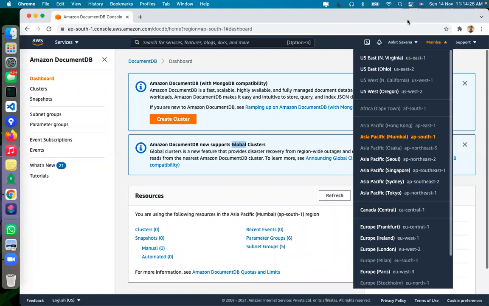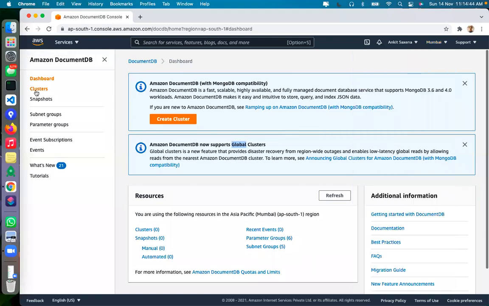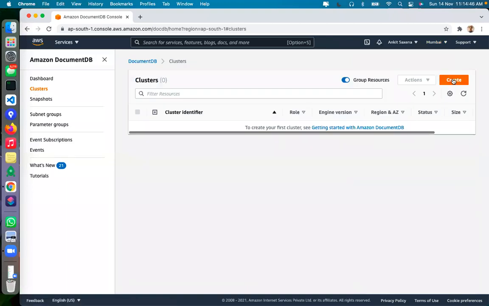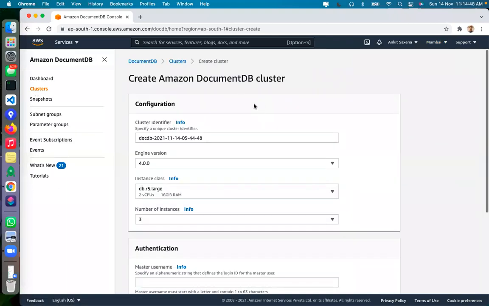Okay, nothing, then fine. So let's say I have my database in 1A. How do I ensure that if my one server goes down, others are still up and running? Simple. What you have in 1A, put it in 1B and put it in 1C. Basically, you create a cluster out of it. How? Let's go have a look at it fast. So let's say if I go create a cluster over here,